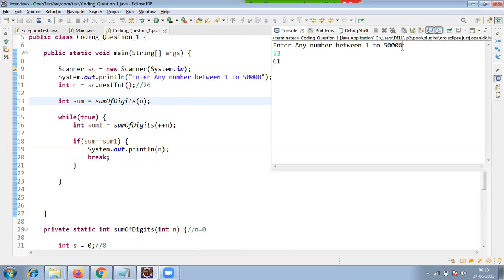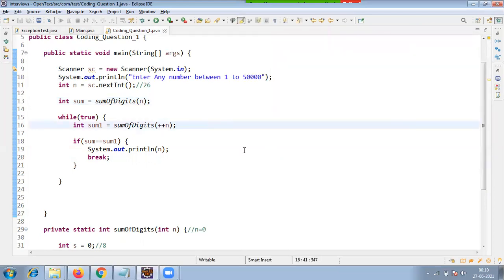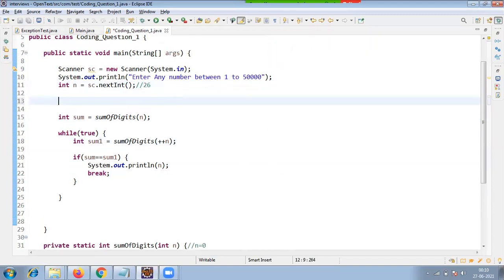And one more thing. 1 to 50,000, right? That range we did not check. It's a simple thing only. What I am trying to do here is: if n is greater than or equal to 1 and n is less than or equal to, say, 50,000, you can put it.